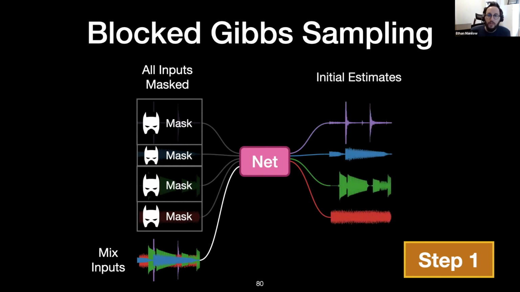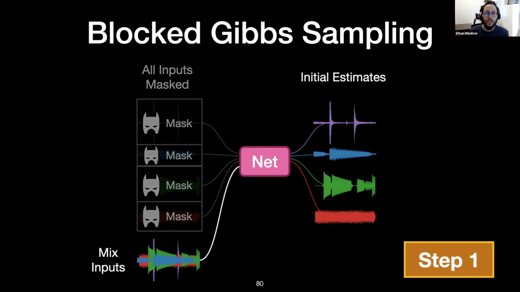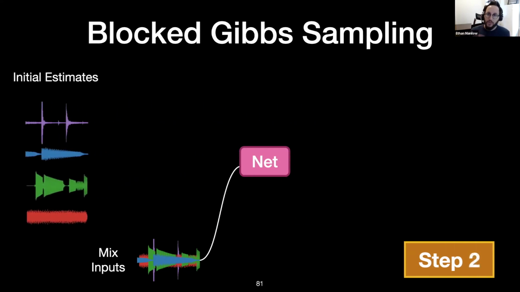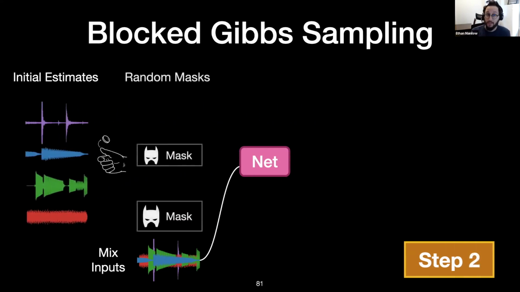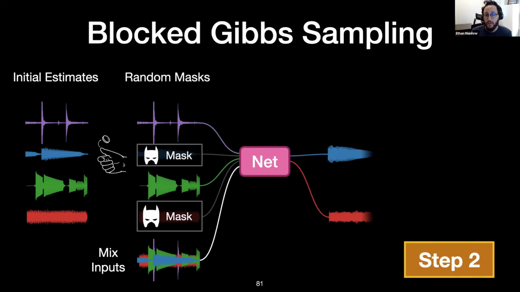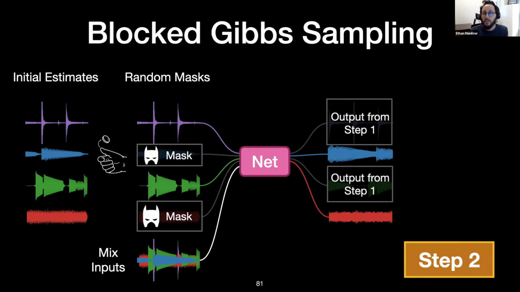And then we're going to put these initial estimates into the input slots for the next iteration. Just like in training, we're going to randomly apply masks to these input sources. And from this step, we're only going to keep output from the source slots that are masked. For the unmasked sources, we're going to carry over the source estimates from the previous step. You can see how this mirrors the orderless NADE training.